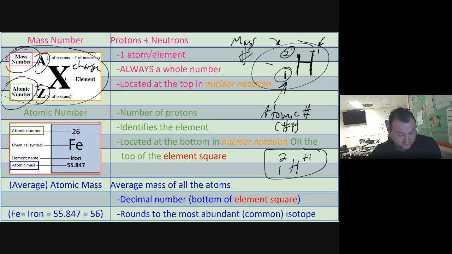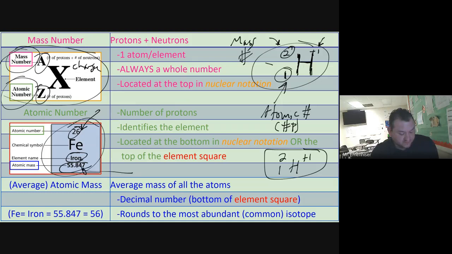Okay. And then this is the thing from the periodic table. If you look at iron, this is what you'll see. This is the atomic number here. That's the number of protons. And then the name of the element is down here. And then we have something below that called the average atomic mass. Okay, so now at this point, we want to talk about average atomic mass. Average atomic mass is the average mass of all of the atoms of that element. So the average atomic mass for iron is